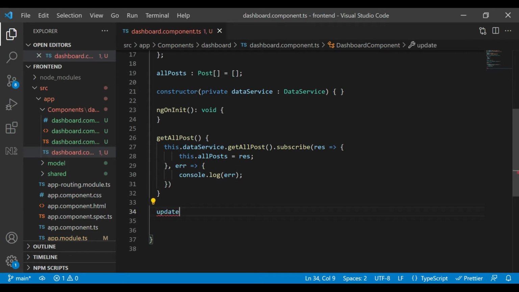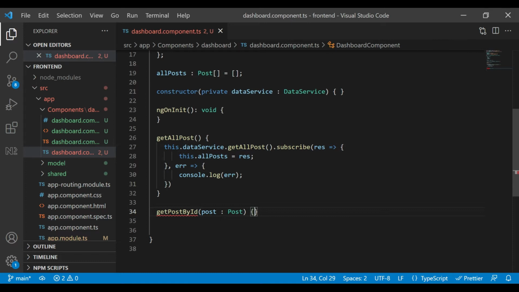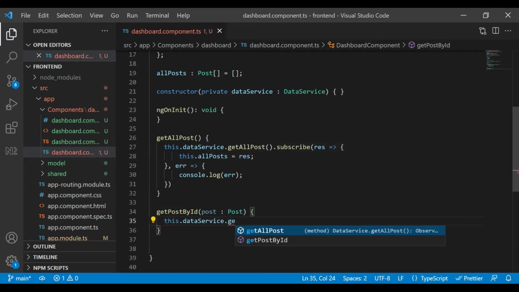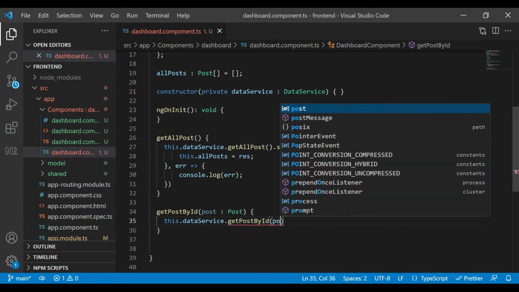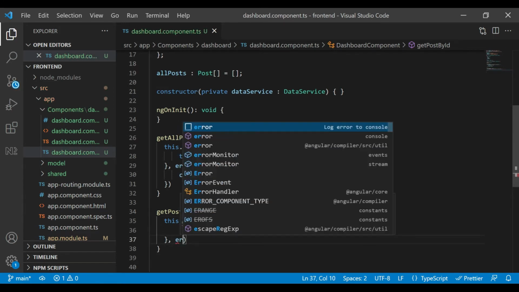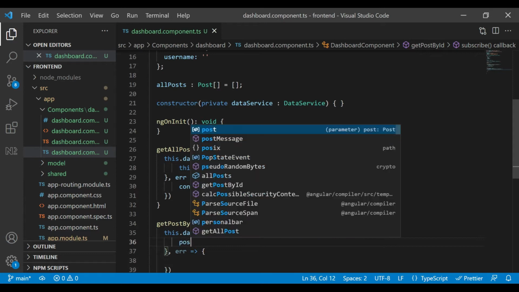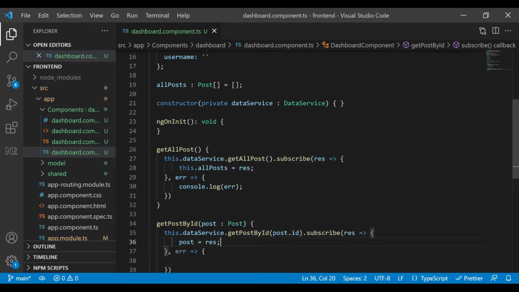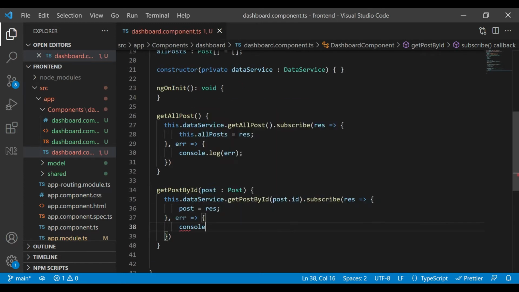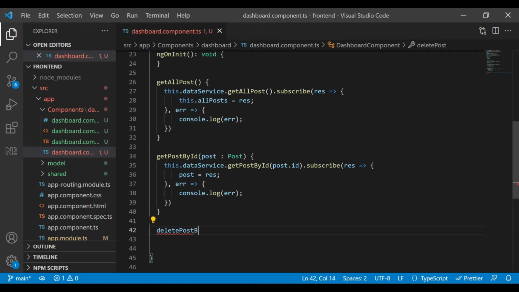now we are going to create another method, get post by id. So for that we are going to call the method on the data service class get post by id, and we are going to pass post.id. Okay, and this method also we are going to subscribe and check for the result and the error. So if we are getting the result, then we are going to assign it to the post. Otherwise we are going to write on console error message. Okay,